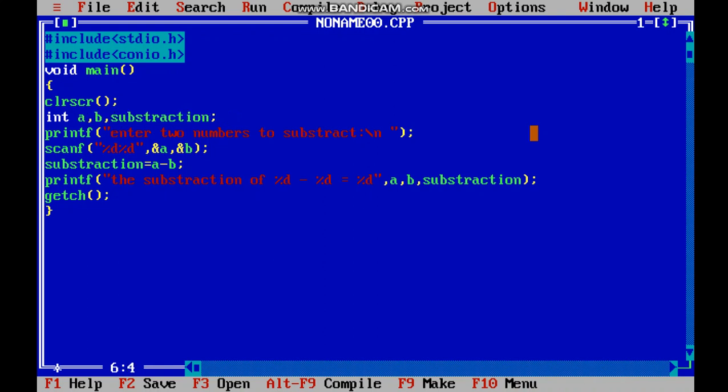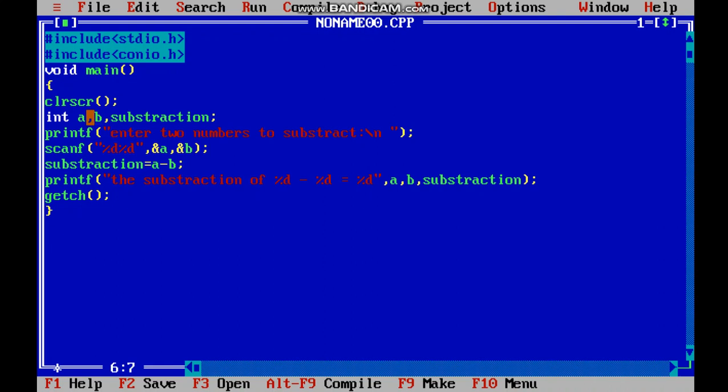I first defined a and b and subtraction as integer. It means a, b and subtraction are variables which are assigned as integer type. It will only contain values like 1, 2, 3, minus so and so, but it won't contain values in point like 1.2 and all.